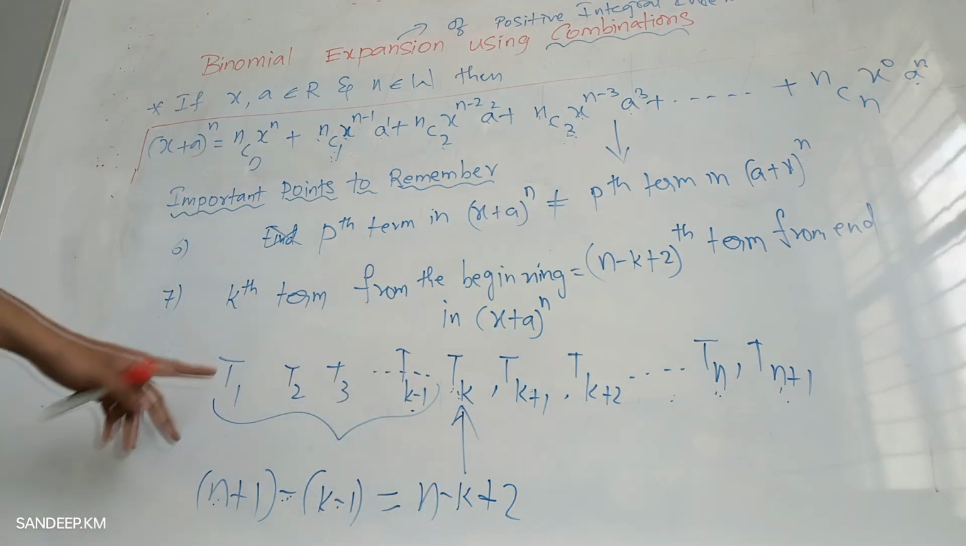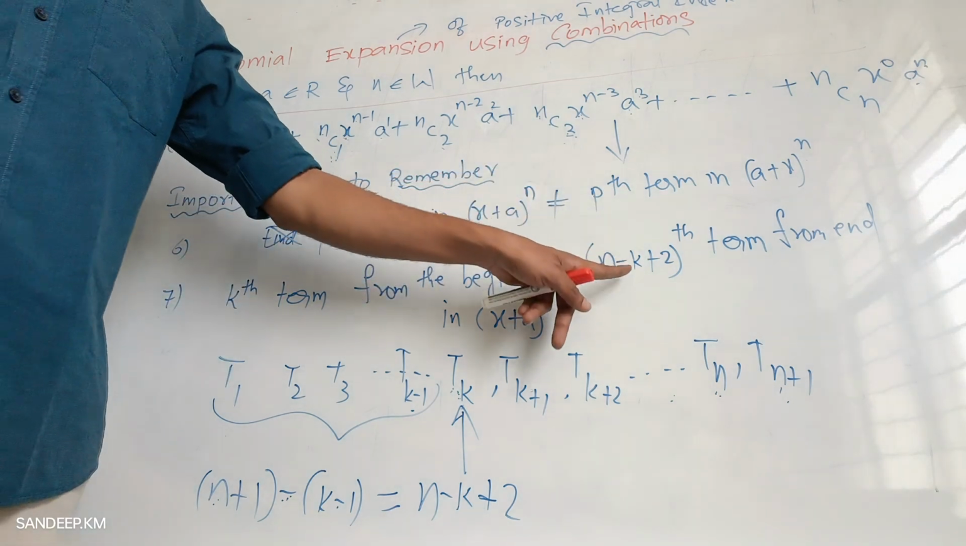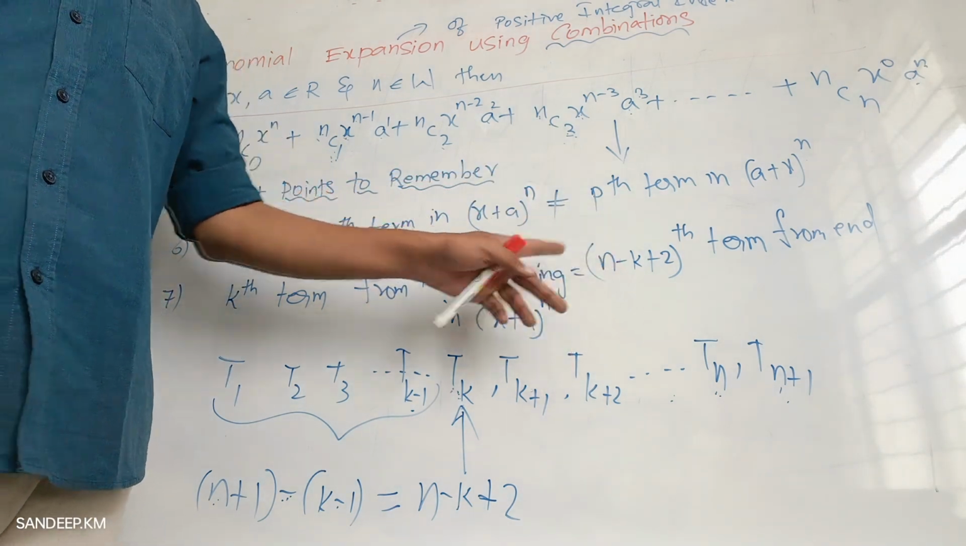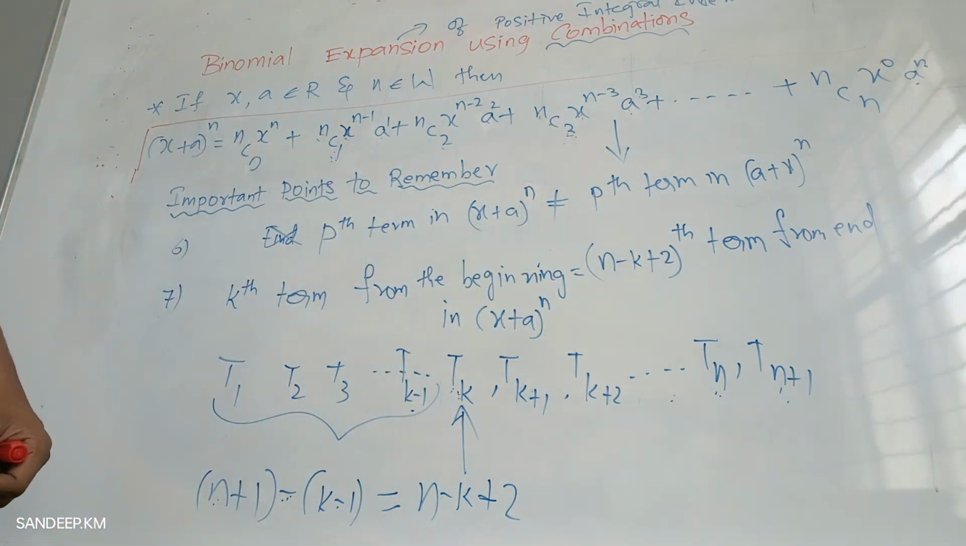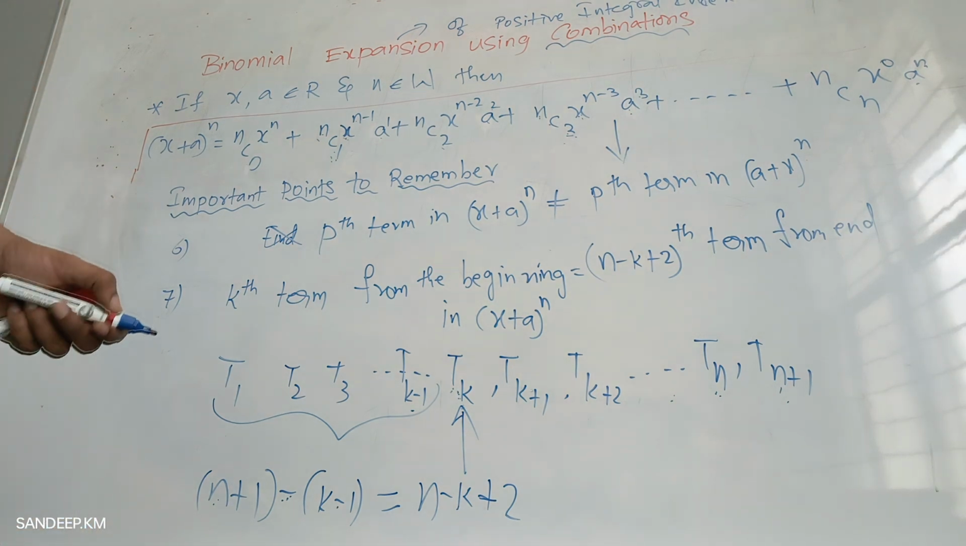So that's why the kth term from the beginning is equal to the (n minus k plus 2)th term from the end, or else the kth term from the end is equal to the (n minus k plus 2)th term from the beginning. So if you want to understand this with a simple example,